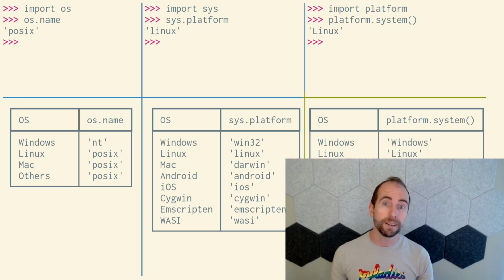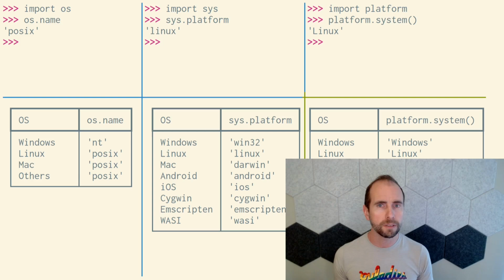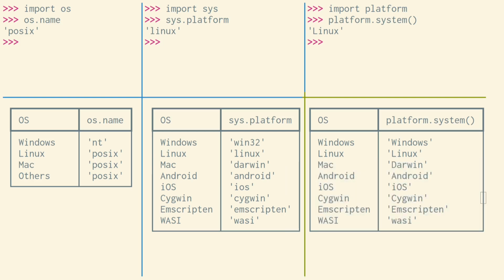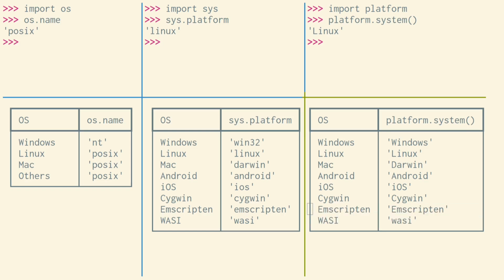Something else to keep in mind is that sys.platform actually represents the operating system that your Python interpreter was built for. But platform.system returns the operating system that your Python interpreter is currently running on. Those two are probably the same almost all of the time, but in theory they could be different. platform.system is meant to return a human-readable string, but unfortunately, its possible values are not as well documented as the